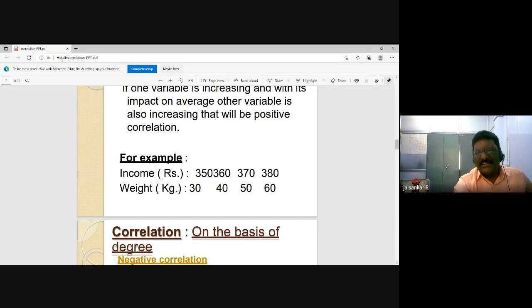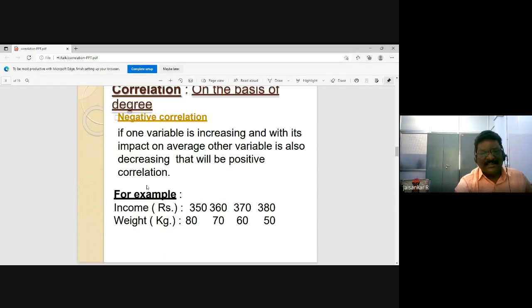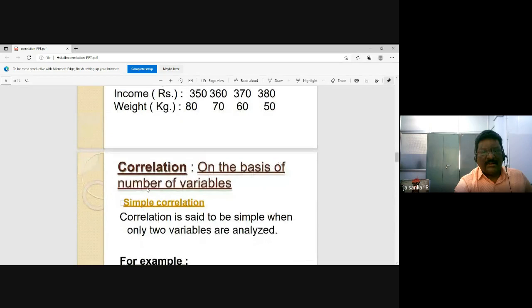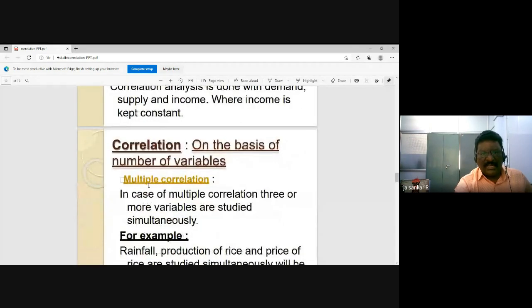That means by using the formula, you can get some answer. That is called nonsense correlation because you may get a correlation for two different variables which are not at all related together. Even when you use the formula, you can find a correlation between the number of crows in this world and the number of people living in this world, though there is no correlation at all. Now, how do we measure correlation?